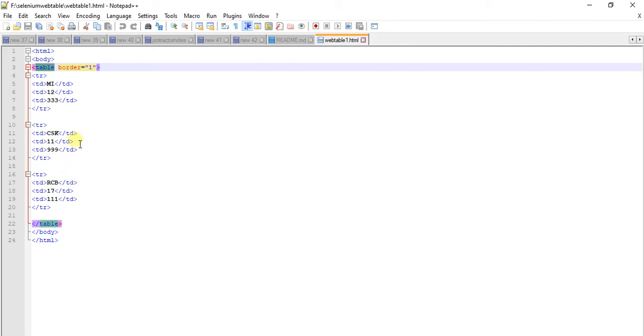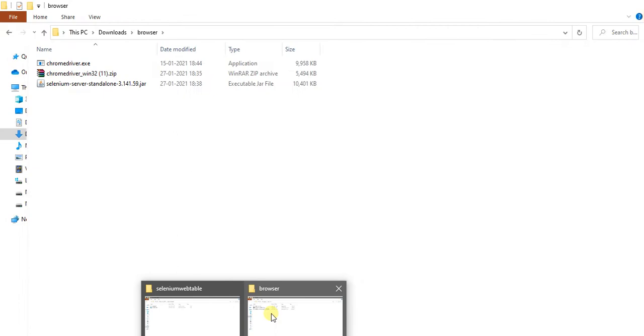Before inspecting the dynamic elements, I have written this code and I am saving it as a .html file. After that it will convert to a web page.